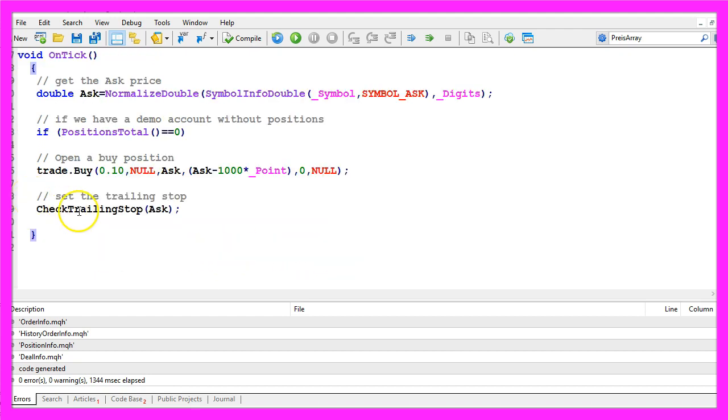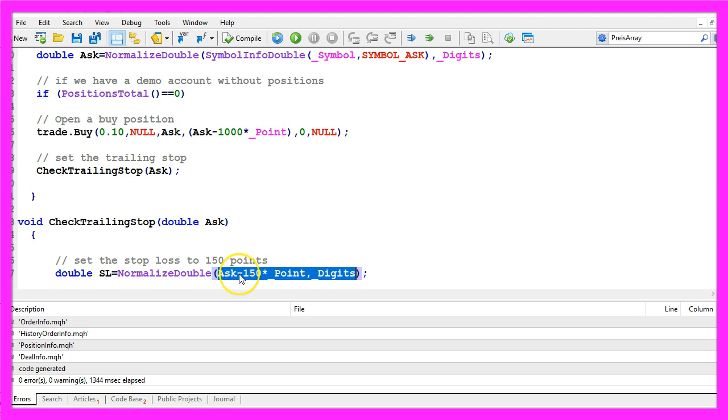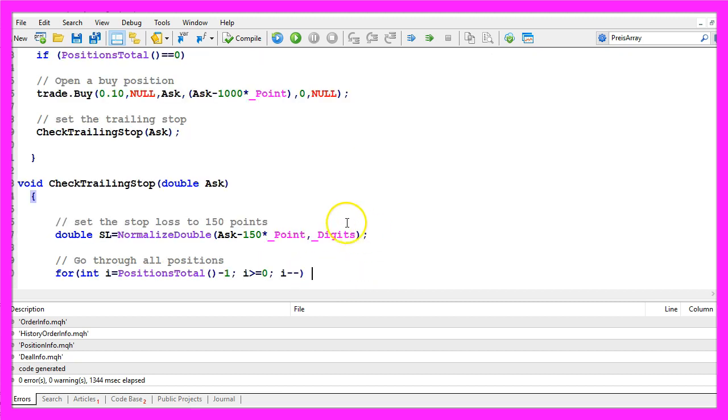And finally, we want to check the trailing stop for our position. In this case, we are using the ask price as a parameter. And now we need to create the CheckTrailingStop function. This one will take the ask price, and now we use it to calculate the stop loss. We want it to be 150 points below the current ask price,